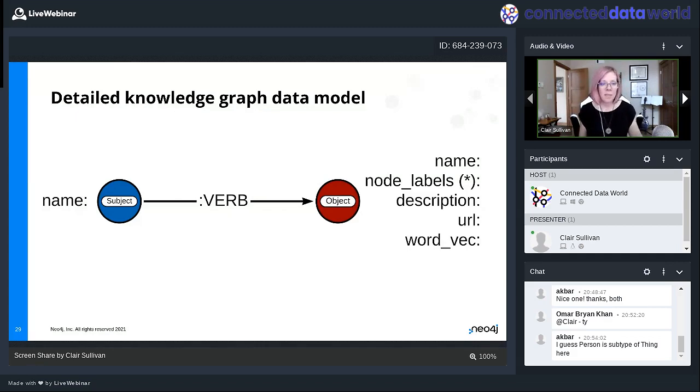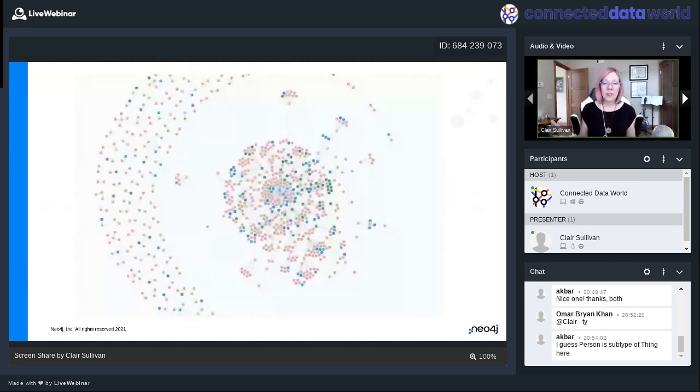Okay, now the other thing I do want to mention is that when we query the Google Knowledge Graph, it doesn't necessarily have all of this information. It doesn't necessarily have node labels or descriptions or all of that. So you get what you get and you don't get upset. That's what I tell my kid. Okay, when we do that, this is what our graph is going to finally look like using this method. I don't expect you to be able to read it, just kind of get a mental idea of what it looks like.